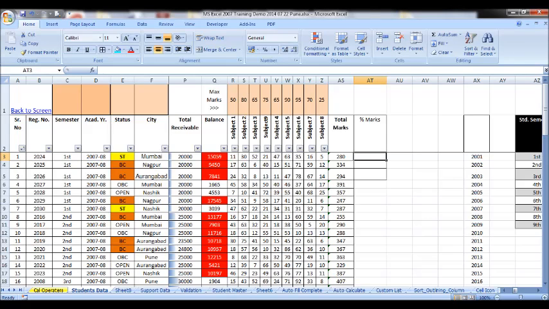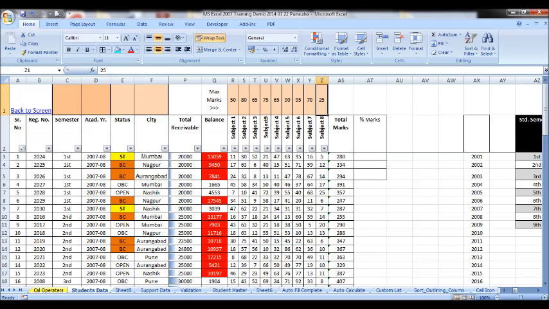Here in this case, we have 9 subjects. The 9th subject is here. There are a total of 9 subjects, and the maximum marks for the subjects are here above the column heading in row number 1. For subject 1 the maximum marks is 50, subject 2 is 80. Likewise for the 8th subject it is 25. So whatever marks are below in these cells are out of these maximum marks.